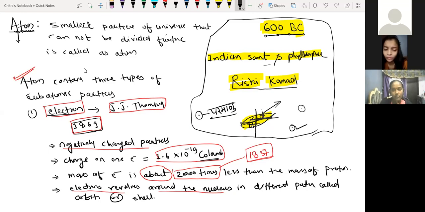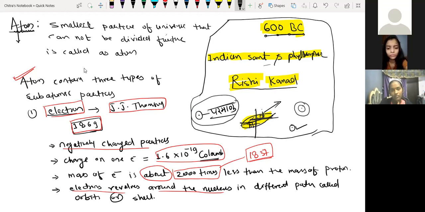So he became very curious: are all the particles or matter around us made up of such tiny particles or not? So he was performing many experiments on whatever objects he found around him, like on the soil, stone, bark, fruit, whatever came in front of him. He found that all the matter is made up of such tiny particles, and he named that particle Parmanu.